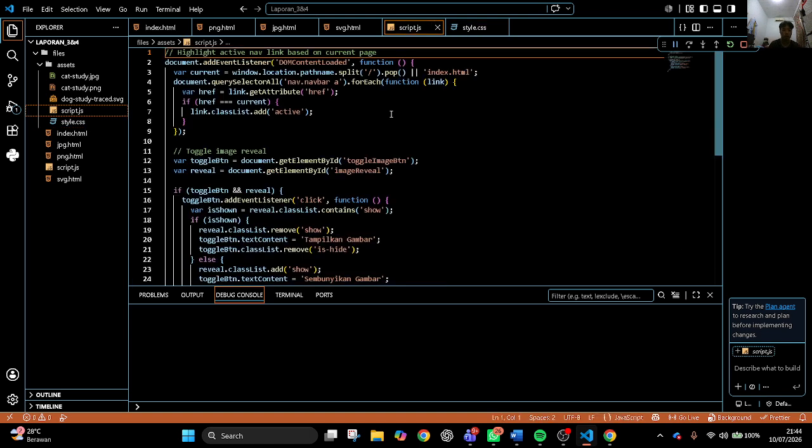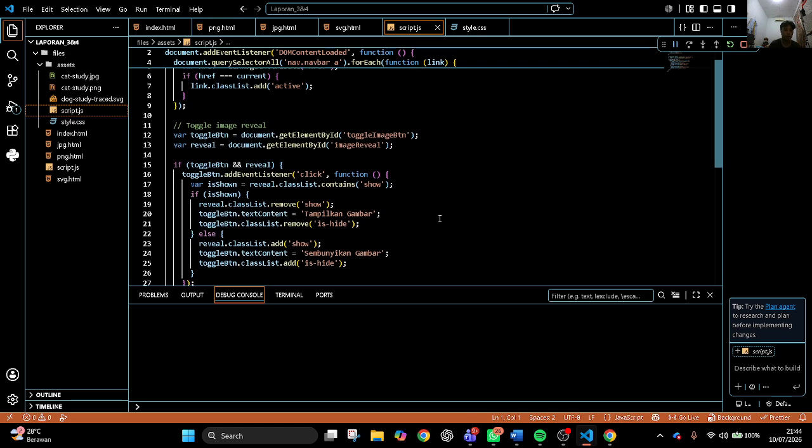Now, for the JavaScript logic. In this script.js, first I wrote a function that automatically highlights the active navigation link based on the current page URL. Second, and most importantly, I implemented the show and hide image button. When the button is clicked, JavaScript checks whether the image is currently visible using classList contains.